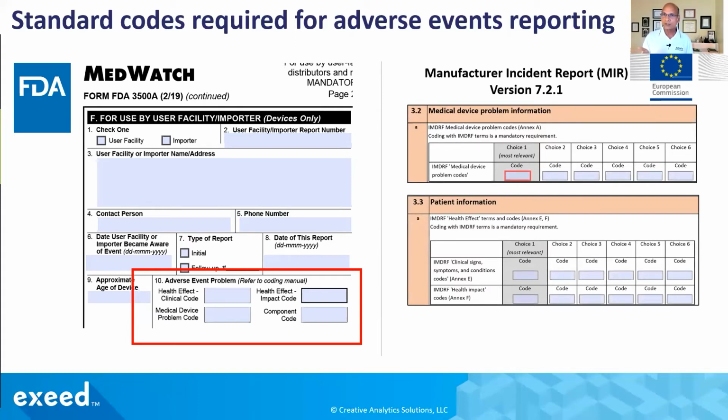I'm sure your complaints group and other groups are already practicing this to a certain extent because it is expected as part of reporting. The topic I want to talk about today is, are we integrating that within our risk management process? Because we need to link PMS, post-market surveillance, with our risk files. Do we have that link? And that's what I want to talk about.